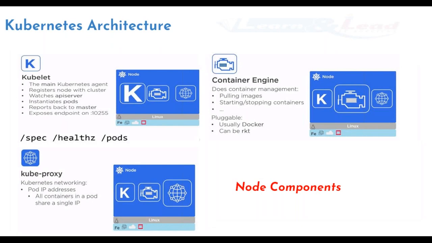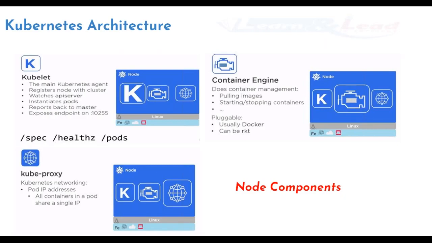Now, when we are talking about the node components, the kubelet comes into the picture. First of all, the kubelet is the agent of your Kubernetes, which is responsible for the communication between the master and the nodes. It means that every node has an agent, which is called kubelet, that is responsible for the communication with the master and gets the pods and statistics from the master, and reports back to the master in case of any issues in your cluster or node. It creates pods, it reports back to the master, it exposes an endpoint and everything. It watches the API server again for any new incoming traffic. That is what it is going to do.